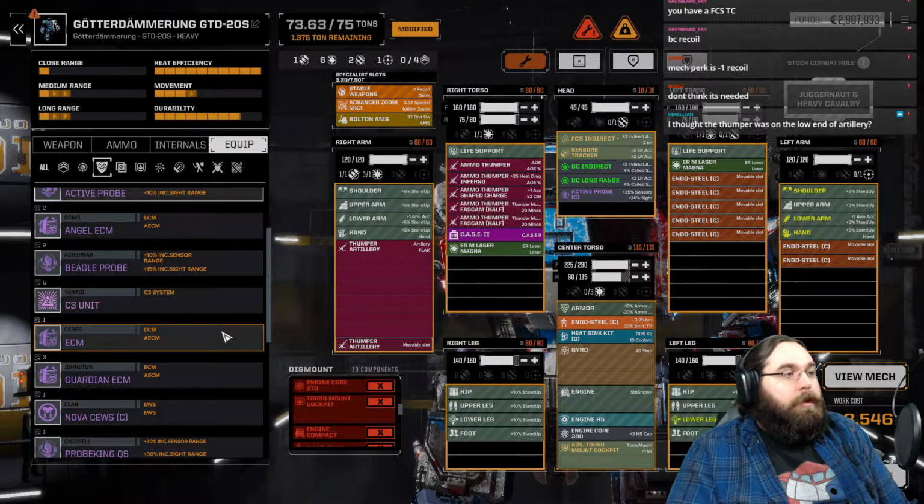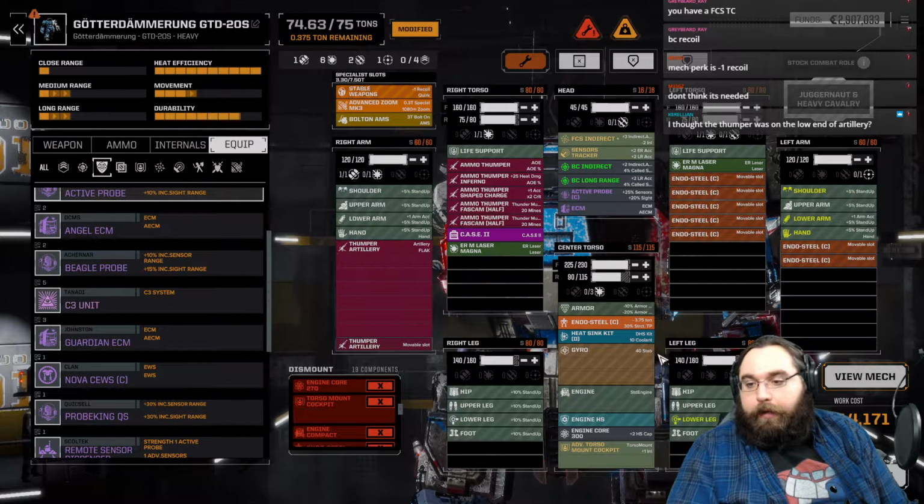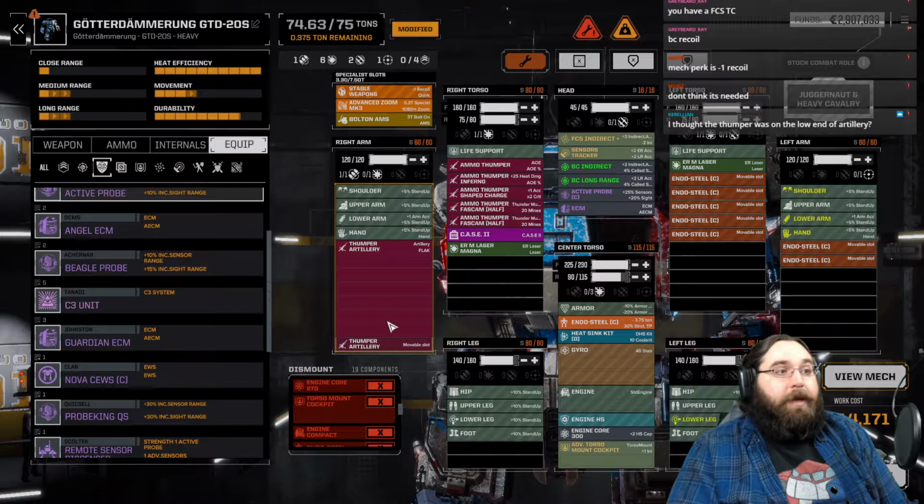Got a Beetle, a C3 ECM, standard ECM. Man, it's a 1-ton ECM. It's something basic that I can make use of, but it's not great. Thought the Thumper was on the low end of artillery. It is the bottom end of artillery. It goes Thumper, Sniper, Long Tom, which is why I'm a little bit